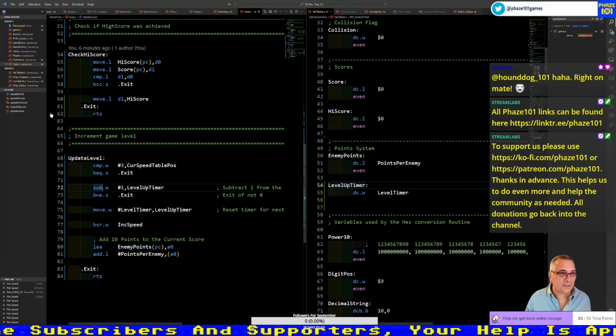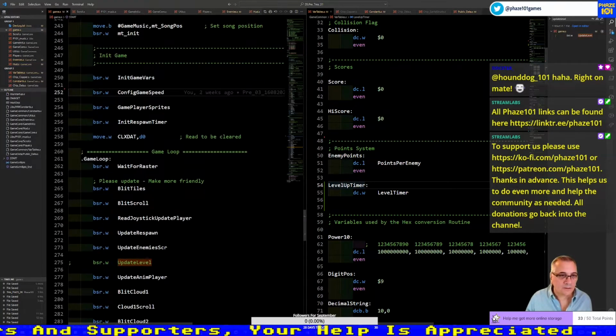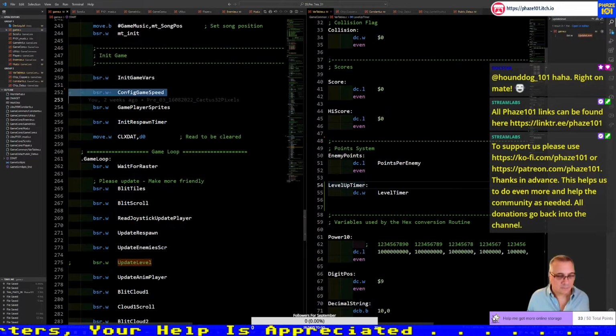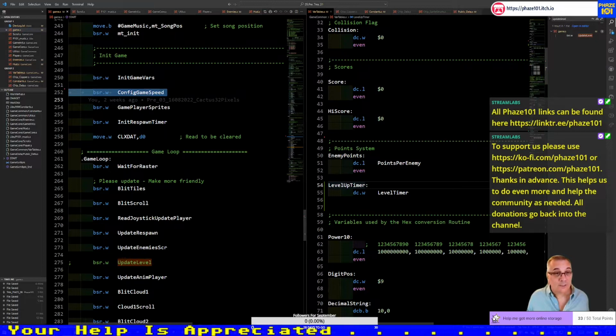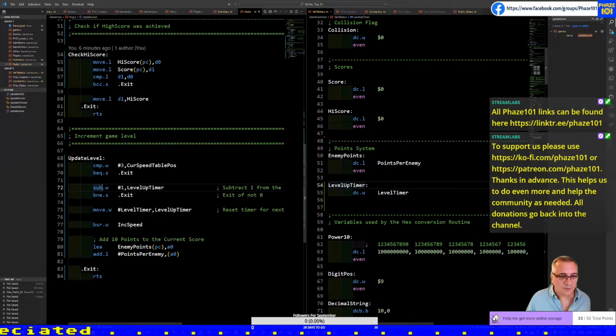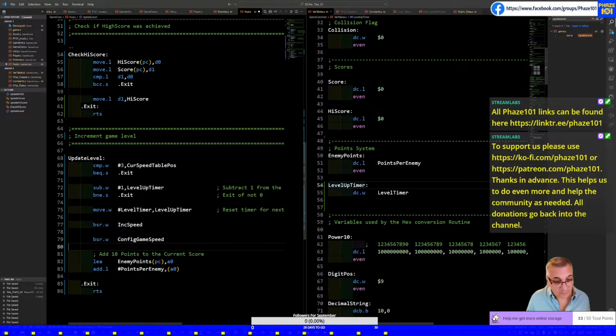There's another routine that I need to call so that it increases the speed. One is update the structure and one is actually applying it.